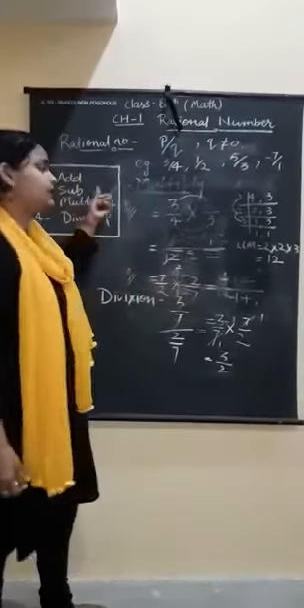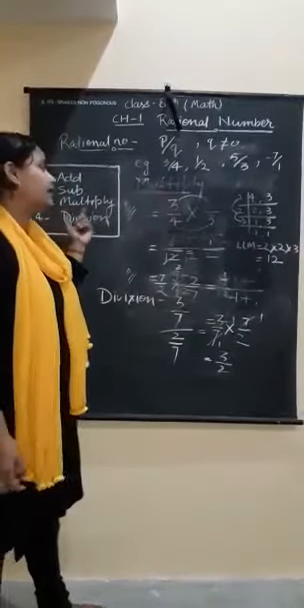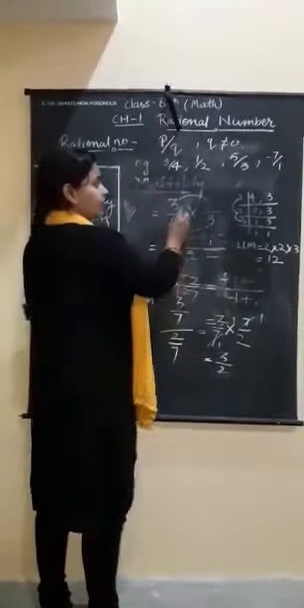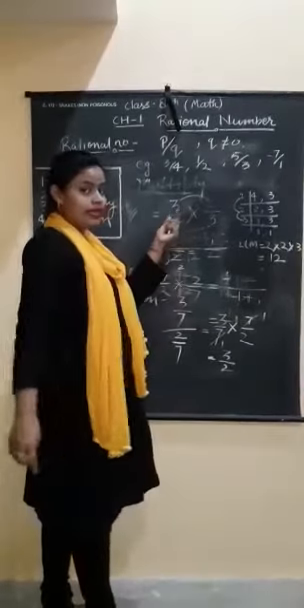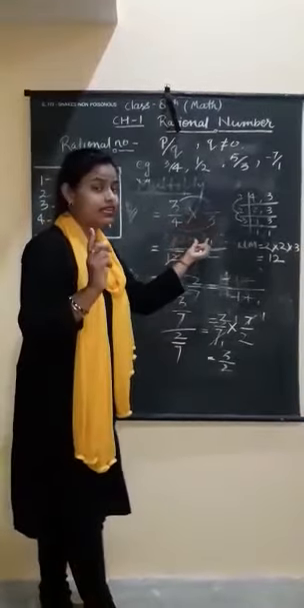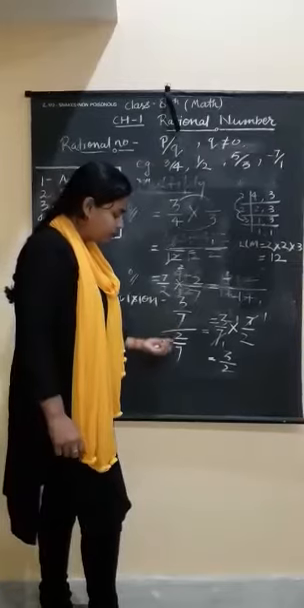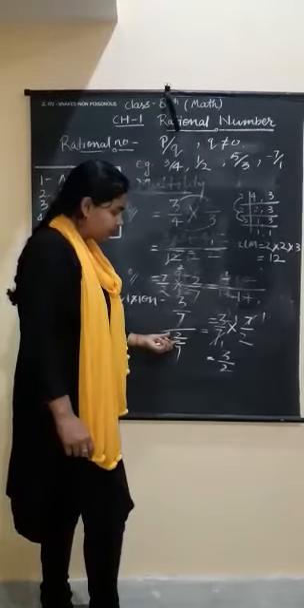In subtraction, it is the same as addition, only the sign has changed. In multiplication, we have to multiply numerator with numerator and denominator with denominator, keeping the sign. In division, we have to do it similar as